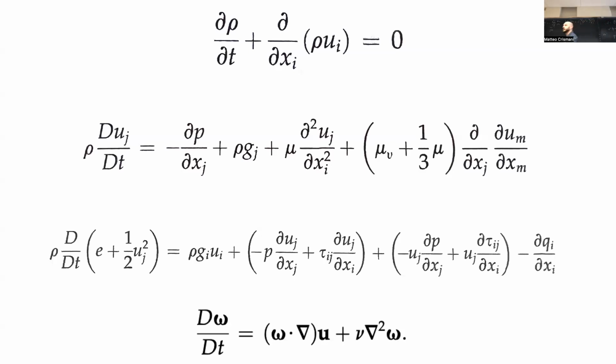That's not scary. It's okay. We're using this piece here. What is this thing? Diffusion of vorticity. That is the diffusion of the vorticity.